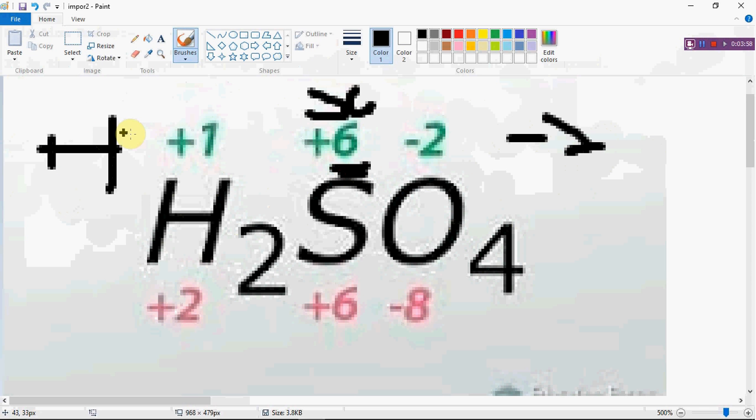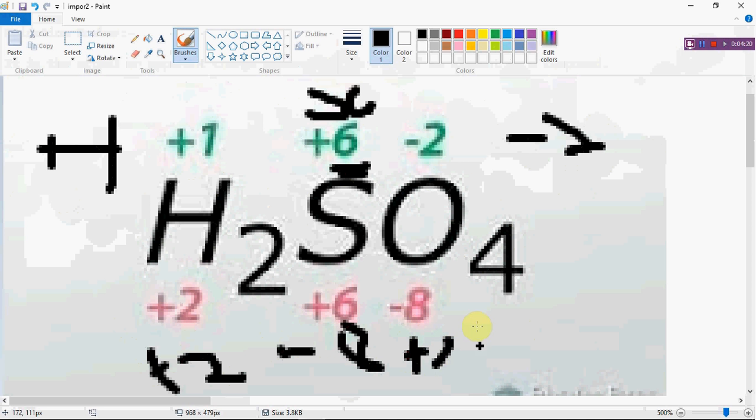So hydrogen is +1. +1 times 2 is +2, and oxygen is -2. -2 times 4 is -8. So +2 minus 8 plus X is equal to 0. So -6 plus X is equal to 0, and -6 on the RHS will be +6. So sulfur is